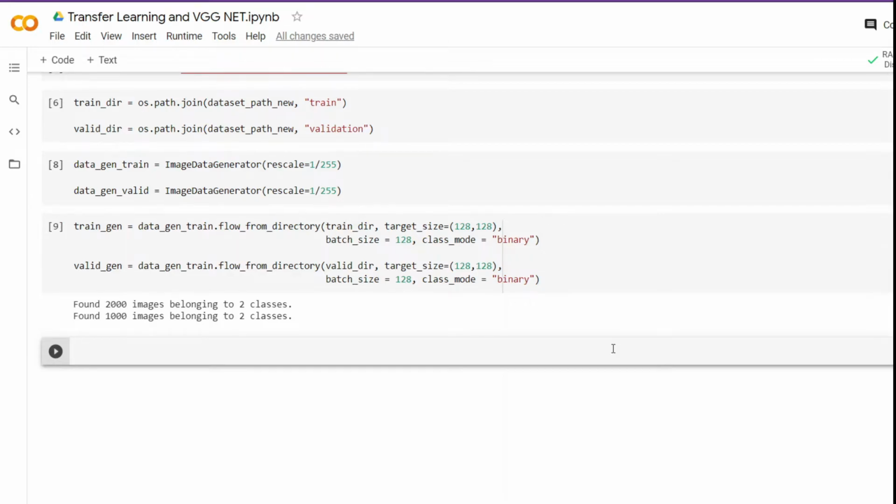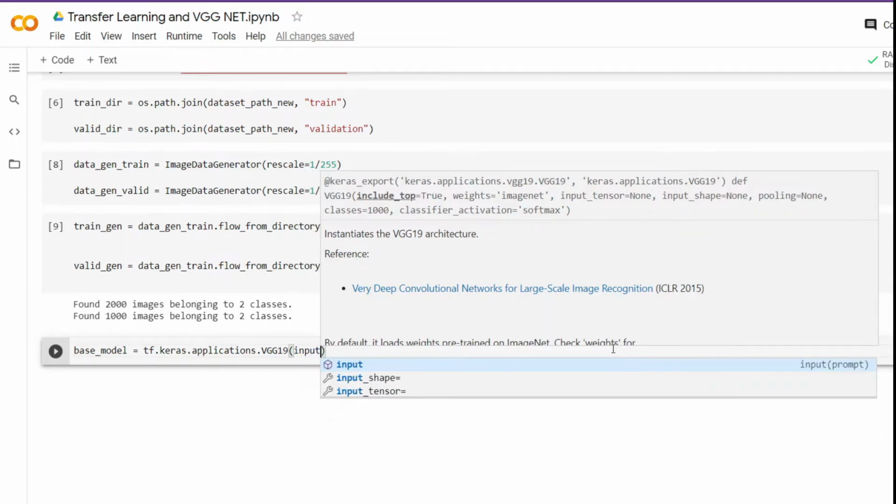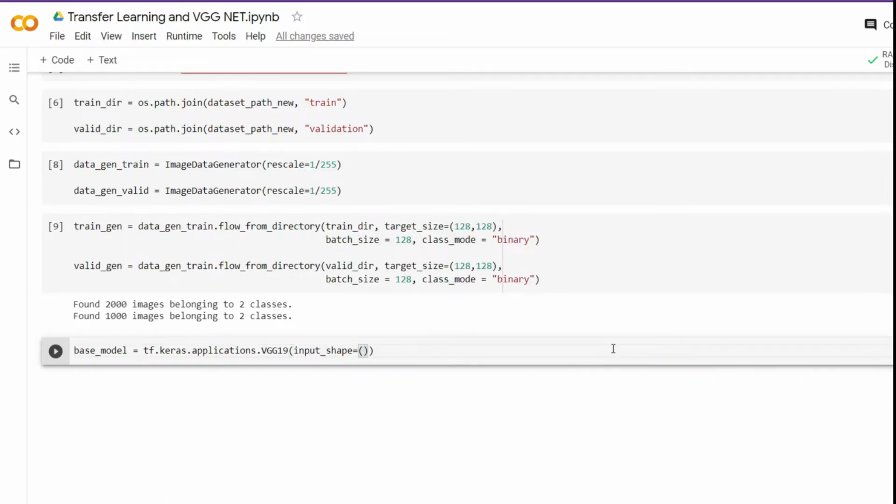Finally, we are going to use transfer learning to build the model. First we are going to create the body of the model we talked about in the lecture part and we are going to name it base_model. We use tf.keras.applications and here we have the list of pre-trained models and we are going to use VGG19. Although we talked about VGG16 in the lecture, we are going to use 19 because it's better than 16. Next, we pass the input shape, which is 128 by 128 by 3. This is basically our image size.